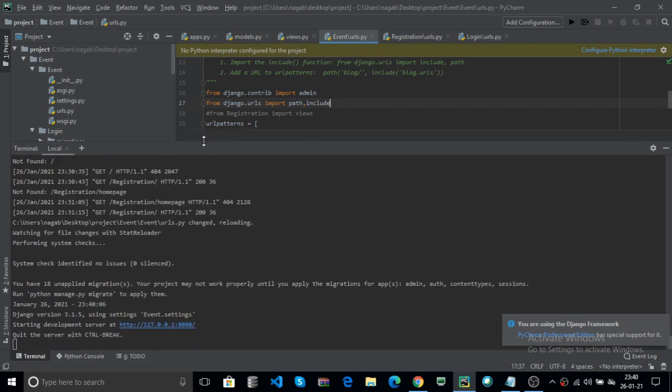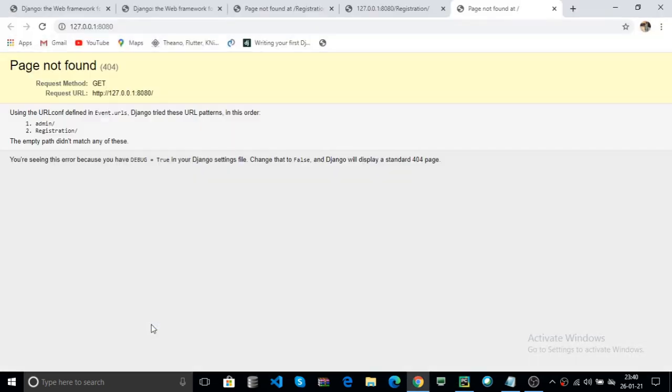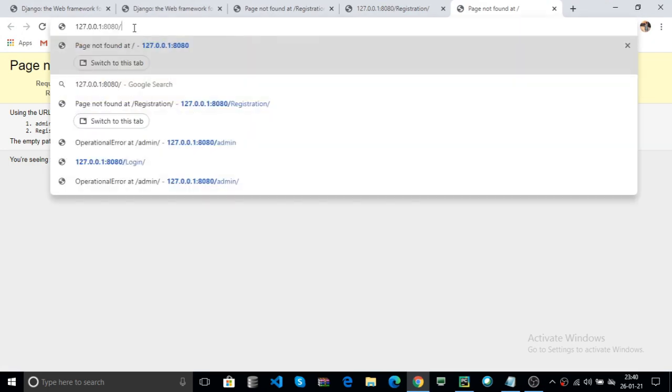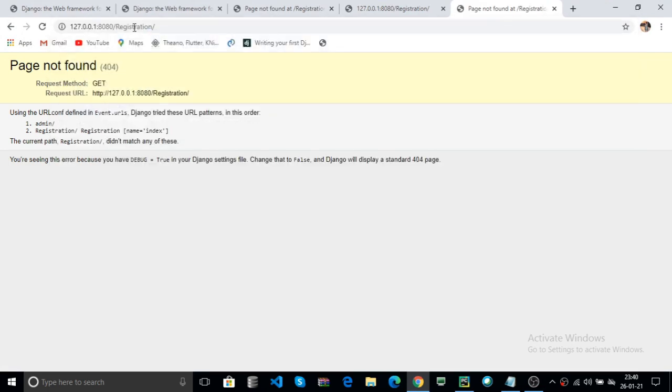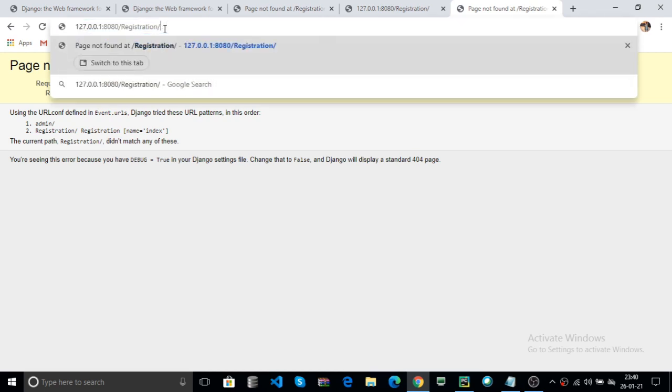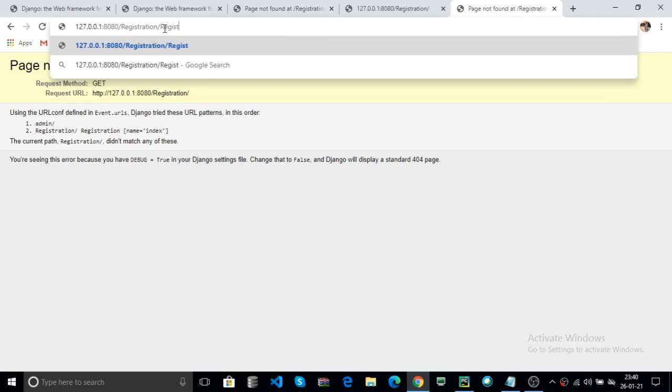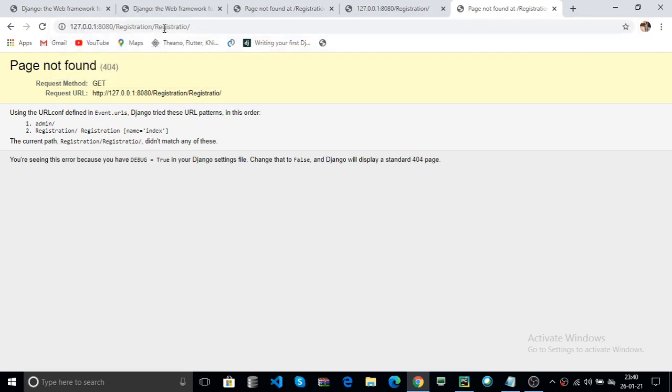Now refresh your page. Here you can use registration, name equal to index.